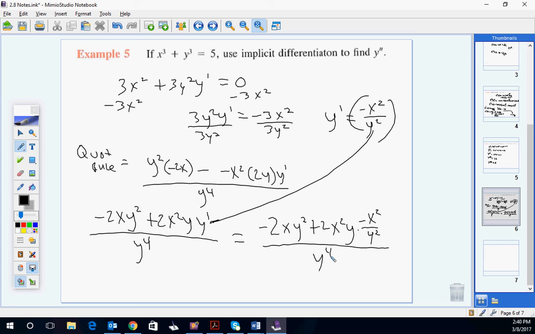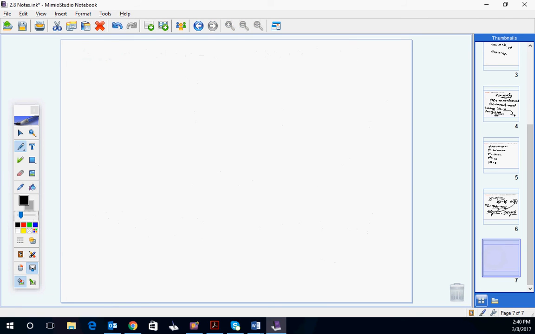All right, so let me rewrite this on the next page. I need some more room here. I'm just rewriting what I already had. So it's going to be